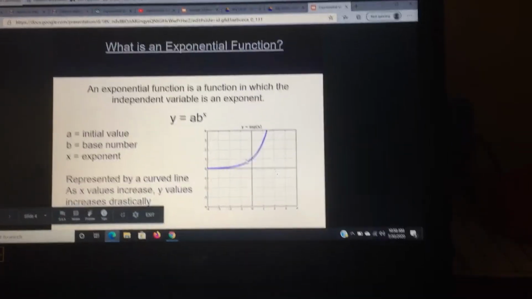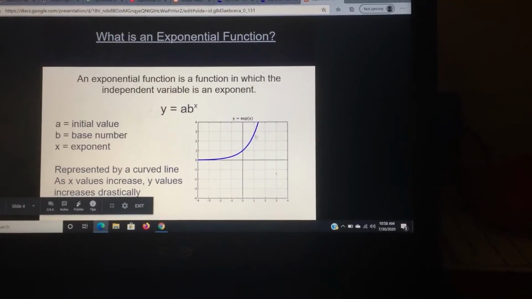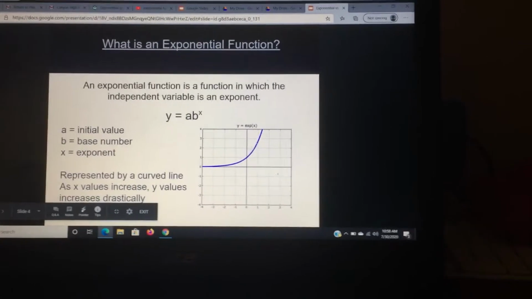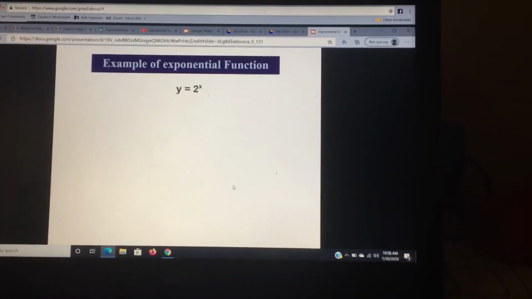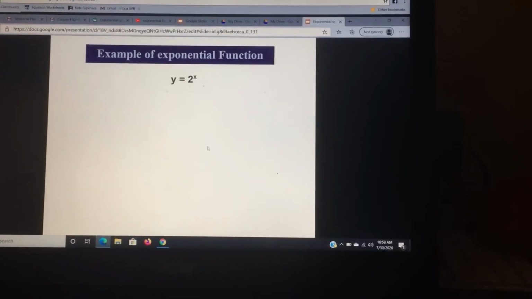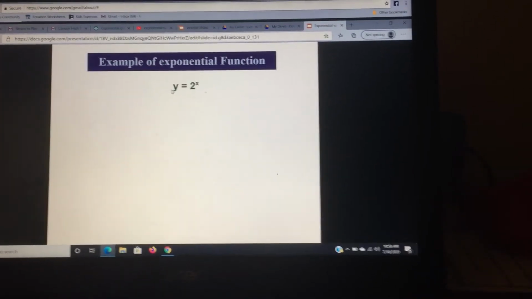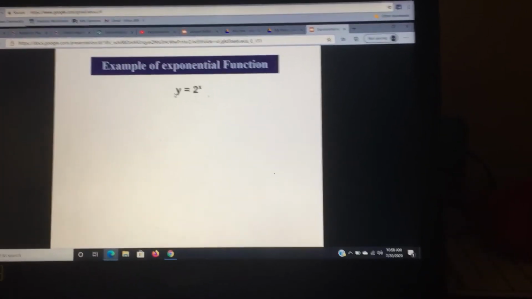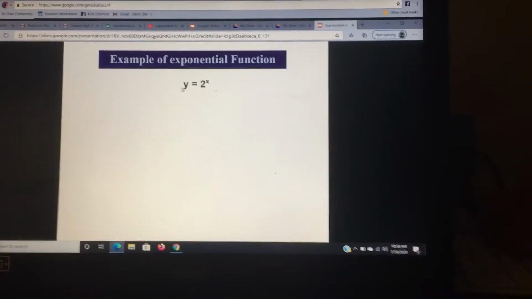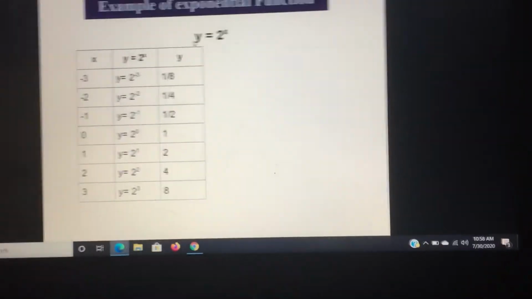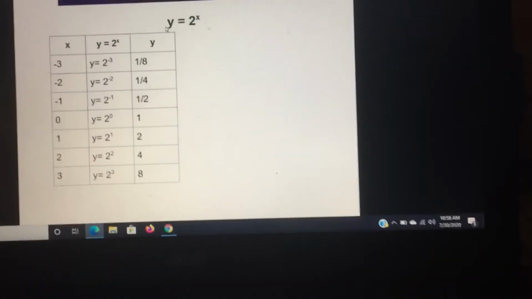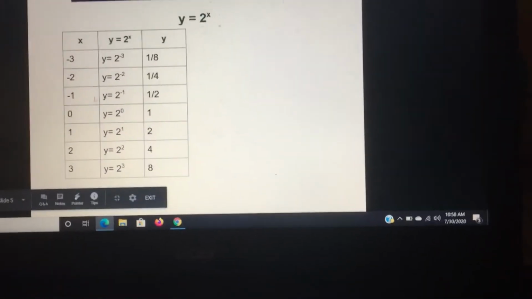And it's also represented as a curve. As you will see in the next problem, it gets very, very close to 0 but never crosses for the y value. Here's an example where y equals 2 to the x. If we have our values where x equals negative 3, negative 2, negative 1, all the way up to 3, and we solve for it,